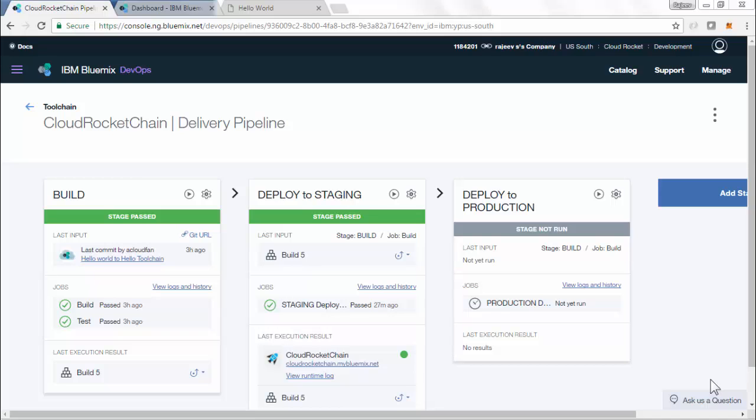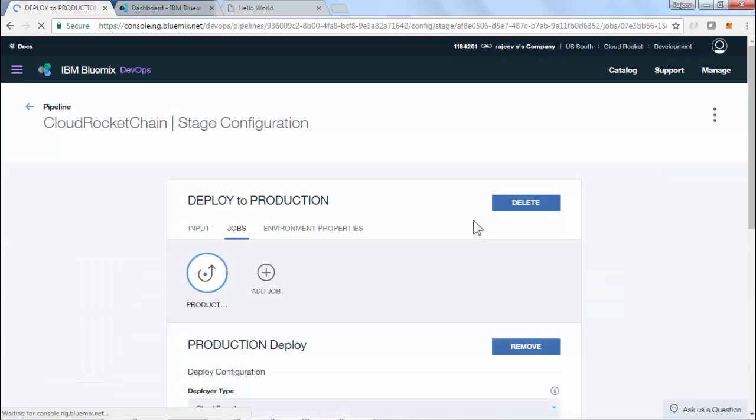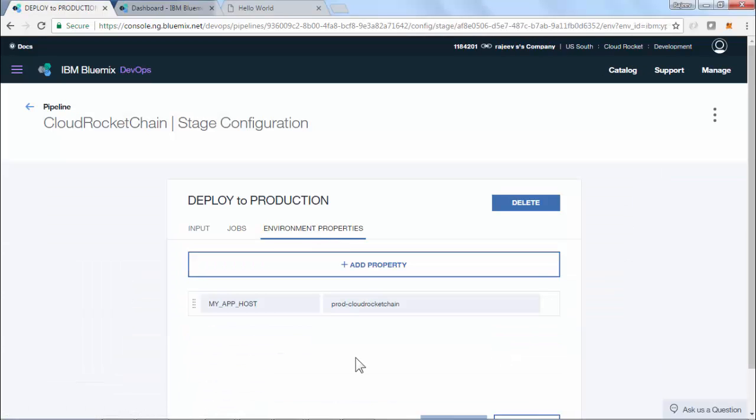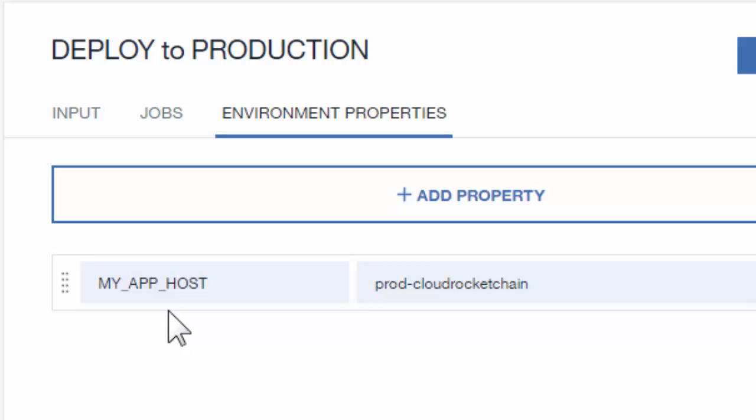So if I run this deploy to production stage, it'll fail because of the host name collision. So what I need to do is make some quick changes to this stage here. This is very specific to Bluemix. So if you are not really interested in trying it out on your own, you don't have to worry about it. So I've created a new environment variable and it's called